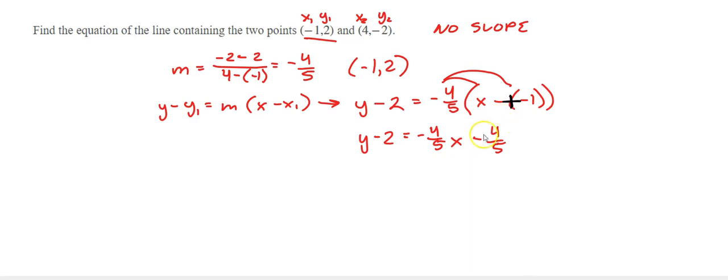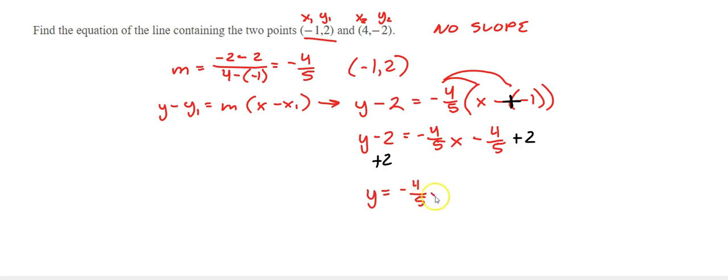Now, let's do what we did earlier on the other one, and let's try to get it into slope-intercept form. That means we need to get the y by itself. So, to do that, I'm doing everything opposite today, I guess. I'm going to take this negative 2, and I'm going to add it to itself here, do the inverse, and then I'm going to add it to the other side. That is going to leave me with y equals